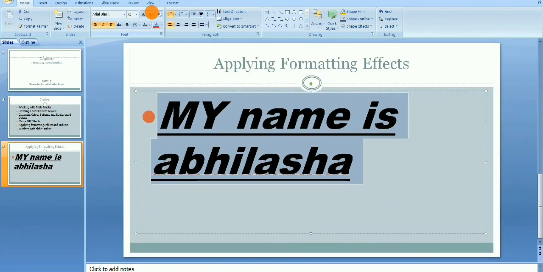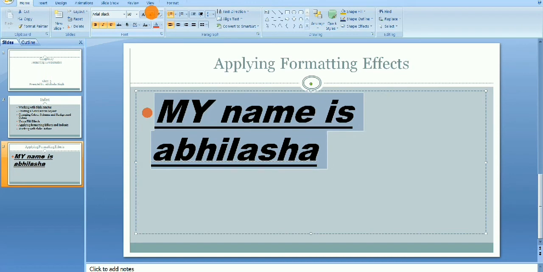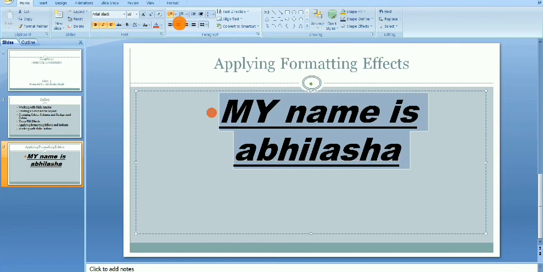You can also do paragraph things. From the paragraph group you can align your text. If you want your text on the left side, it will be shown like this. If you want this text in the center, you have to click on this, and the text will appear in the center.